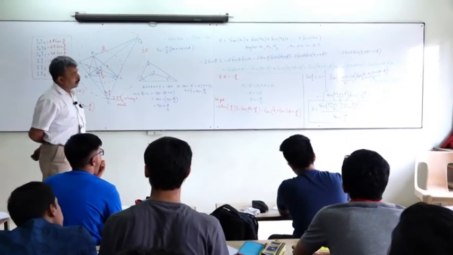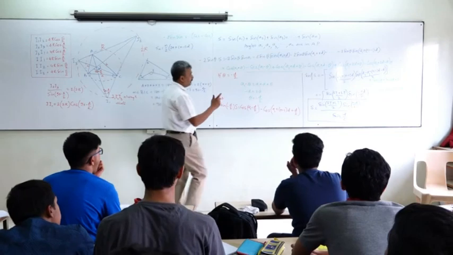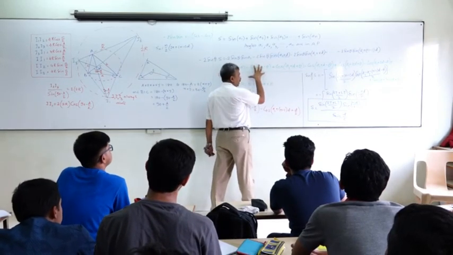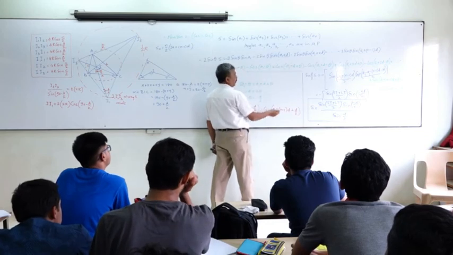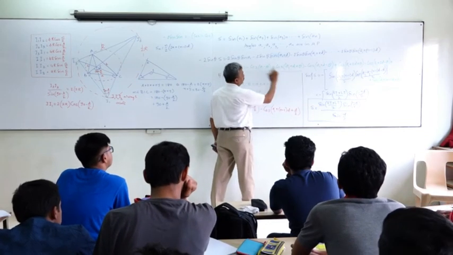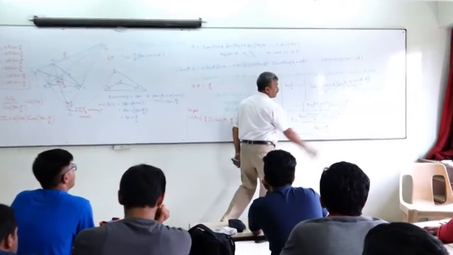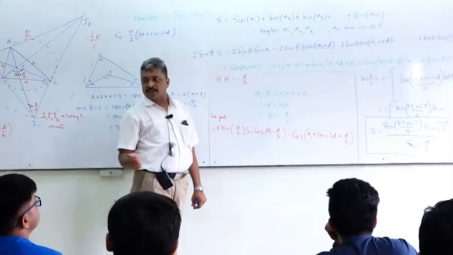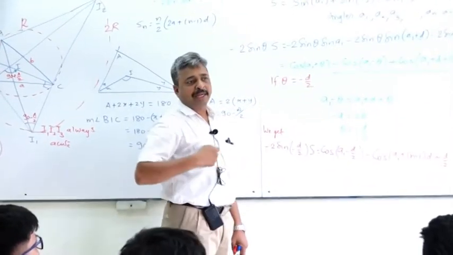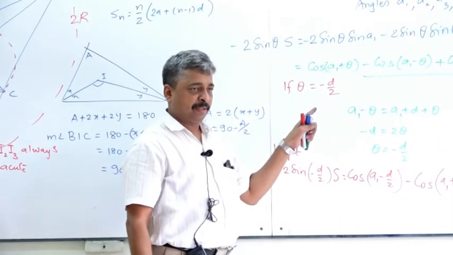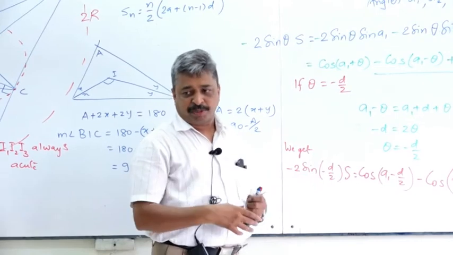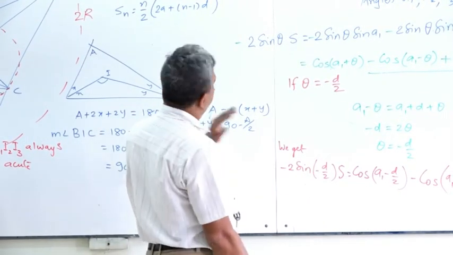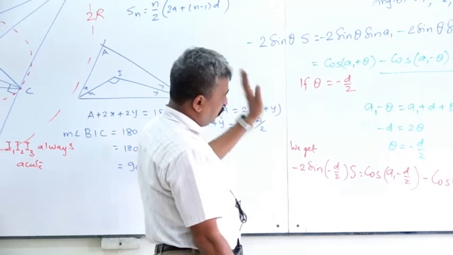Did you understand? So where is the cleverness here? The telescopic setup. You cancel this term with this, and therefore you choose theta in such a way that these two terms get cancelled. These two terms get cancelled, and this is happening because the angles are in arithmetic progression. Because angles are in arithmetic progression, this is happening. We could set up a telescopic sum. So I have not written it in an organized way, but hopefully you have understood it. You write it down properly.